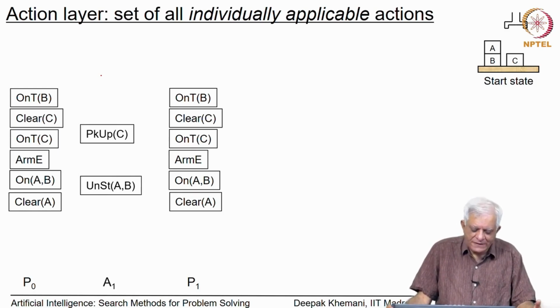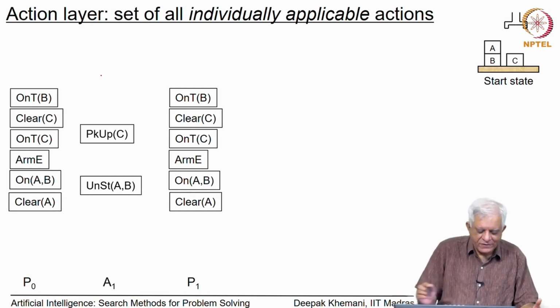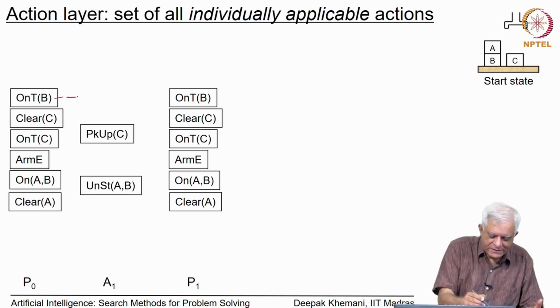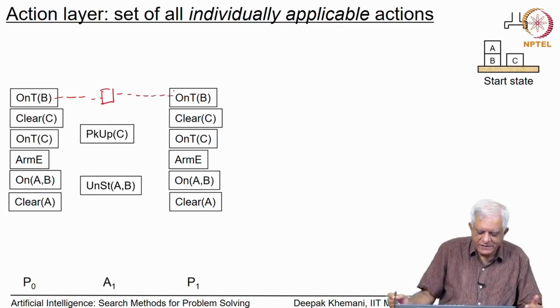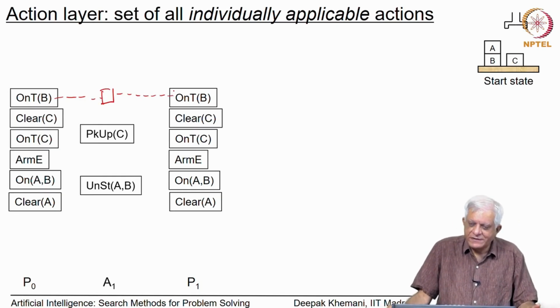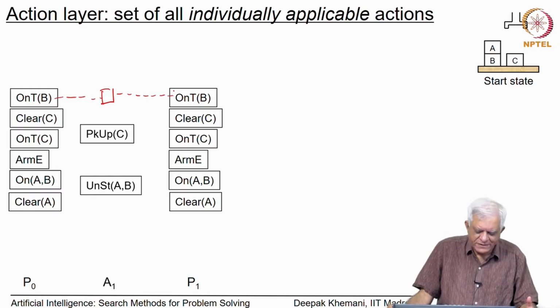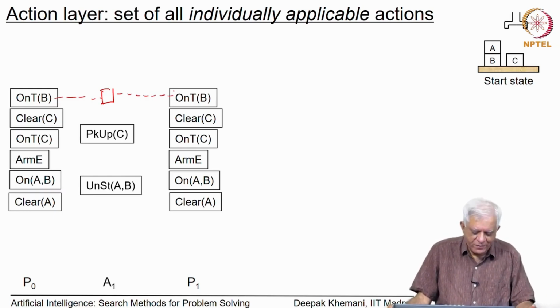Remember that all the no op actions are still present in this action layer, we have just not drawn them here essentially. So, implicitly there is a no op action which carries forward the proposition on table B, and that is why all the propositions in layer P 0 have been replicated into the layer P 1 essentially. So, we have these two actions, pick up C and unstack A from B, but we